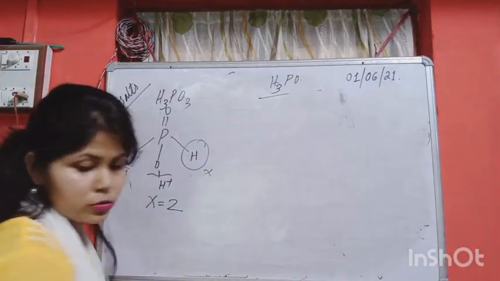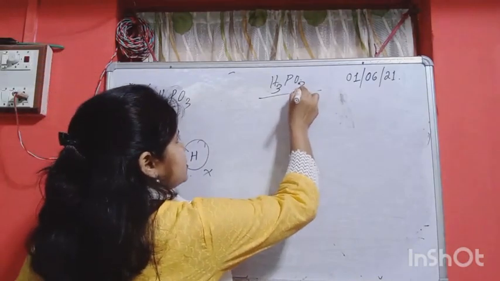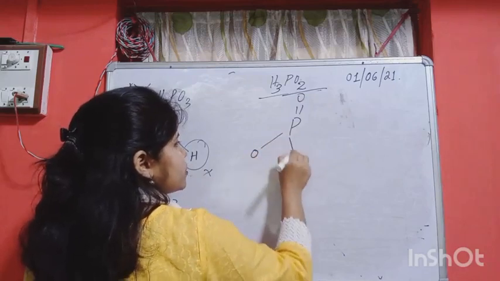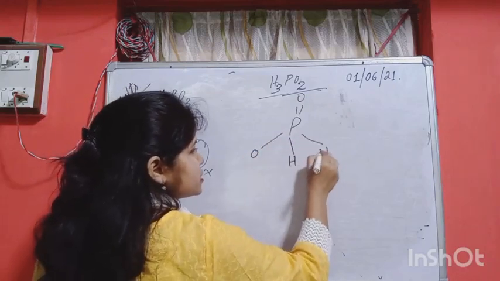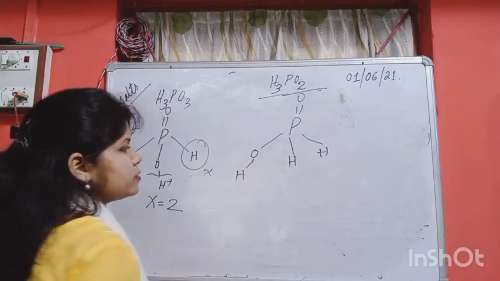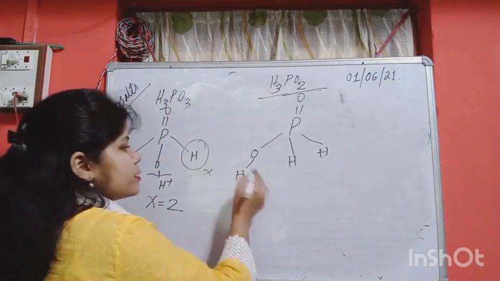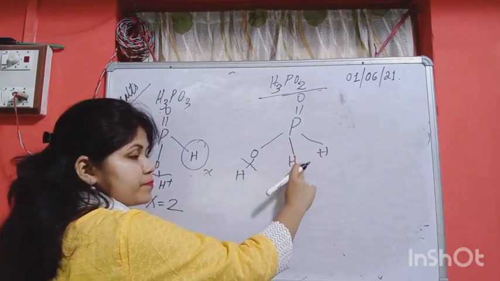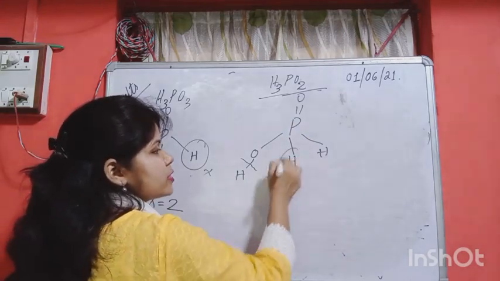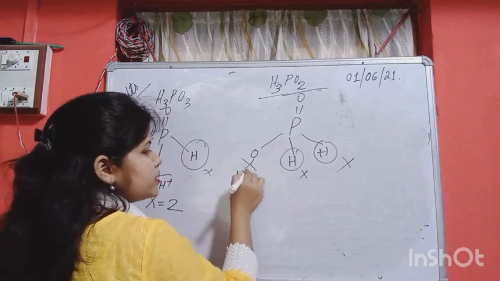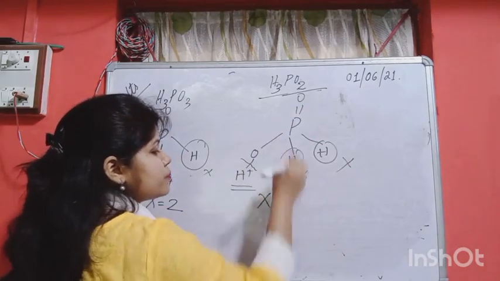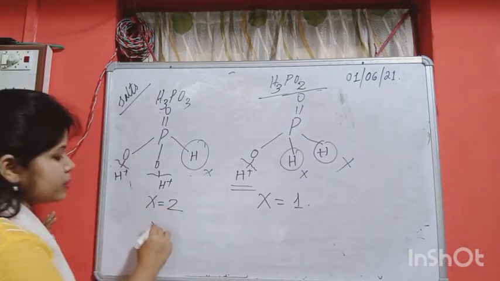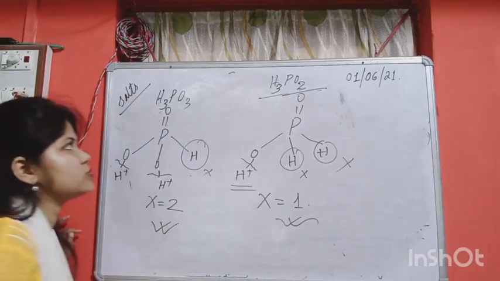Now, let us talk about the last one, that is H3PO2. Okay, for H3PO2, let us see what happens. Similarly, we will draw the structure. So, how many oxygen? 2. The remaining 2. So, hydrogen I will attach here, hydrogen also here, and the third one I will attach here. Okay. So, same case. Here we can break. This cannot break. Phosphorus cannot give H plus ions from these 2, so we cannot consider these 2. Okay. We will consider only this H plus ion. So, the valency factor for H3PO2 is equal to 1. So, please remember these 3: H3PO4, H3PO3 and H3PO2.